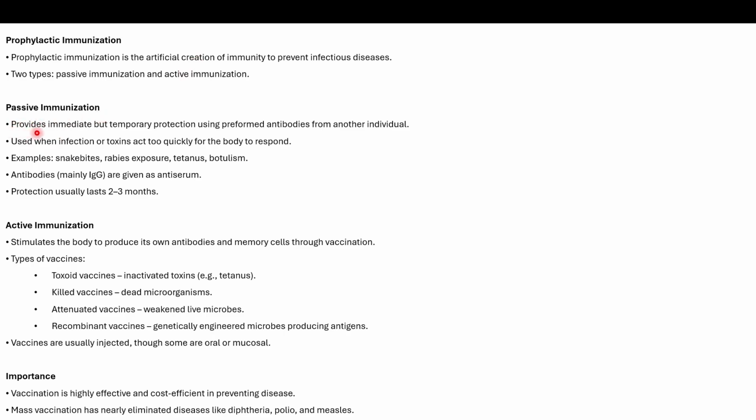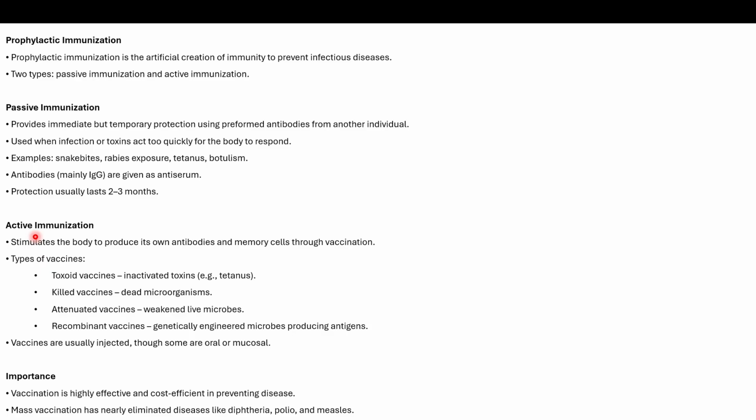Passive immunization gives immediate but temporary protection using preformed antibodies from another individual. This is used when infection or toxins can act too quickly for the body to respond. For example, in case of snake bites, rabies exposure, tetanus, or botulism, passive immunization is the first line of defense, and mainly IgG antibodies are given as anti-serum, and protection usually lasts for 2